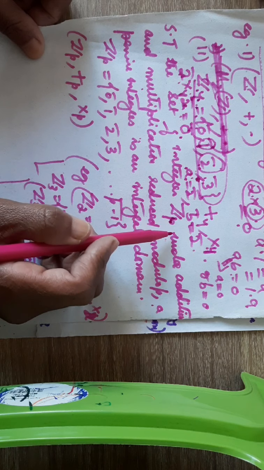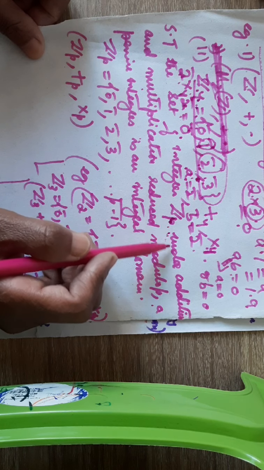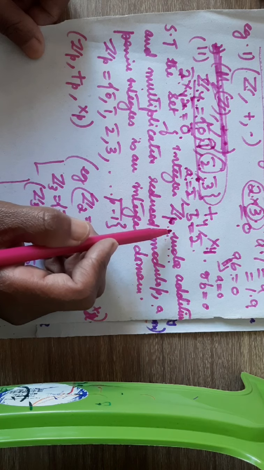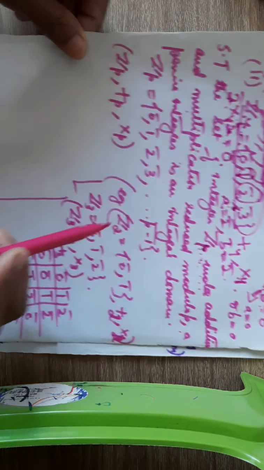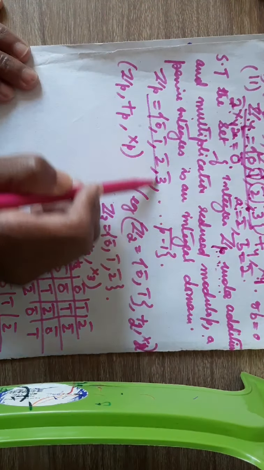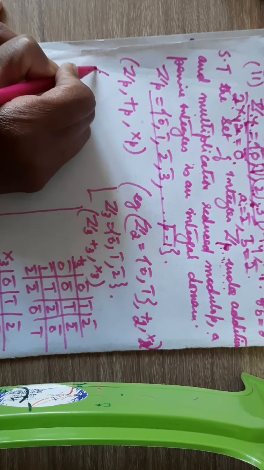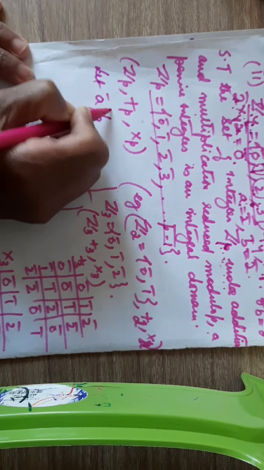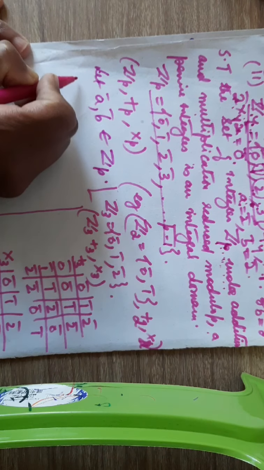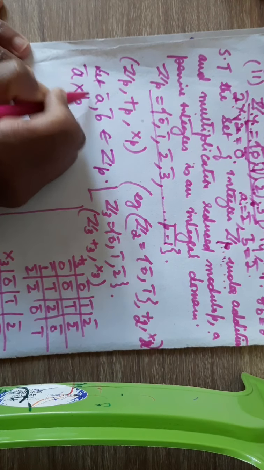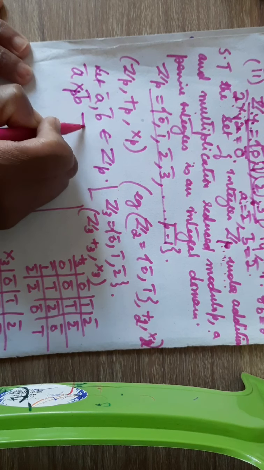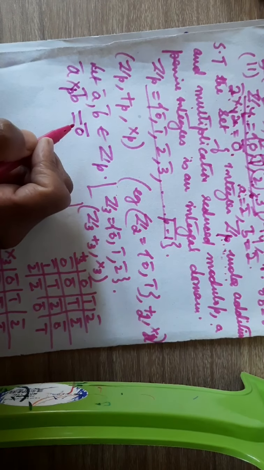But if I take P equal to 2, P equal to 3, P equal to 5, P equal to 7 and so on, which is a prime number, then in that case it will be an integral domain. So now these are the elements of set P. Now here suppose you take A bar, B bar belonging to set P. Then suppose A bar into B bar under multiplication modulo P is equal to 0 bar,